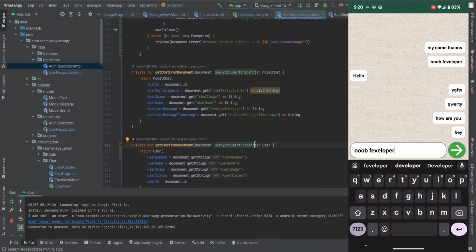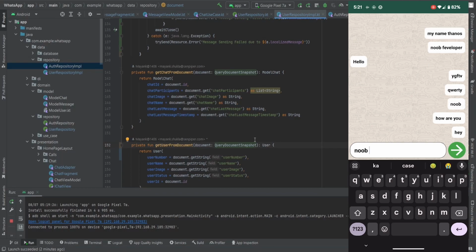In the next one we are going to solve this by fetching the chats in order, ordering by the timestamp. The other thing we are going to solve is how many chats we are fetching again and again after sending one chat. Like if I send "noob" here, how many chats are we getting?